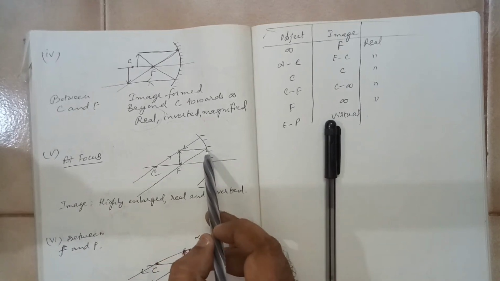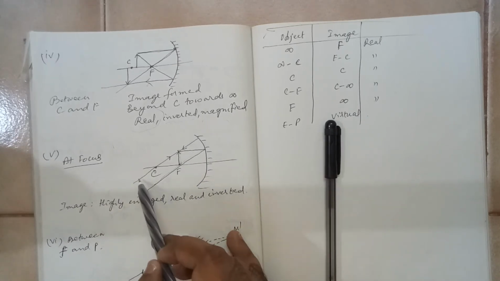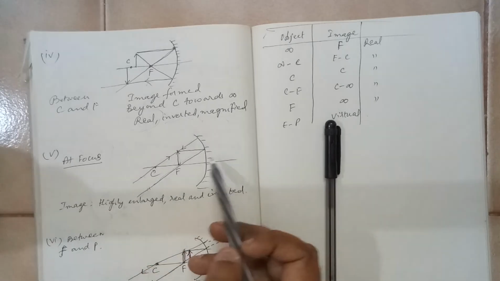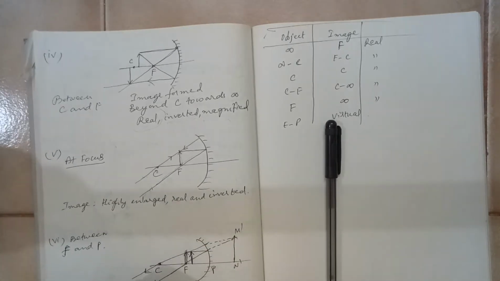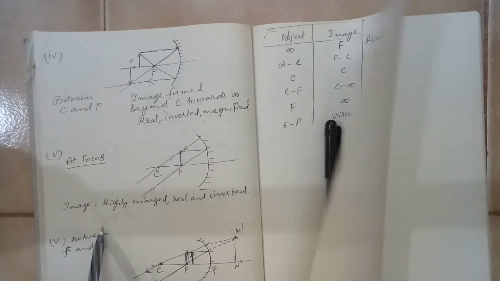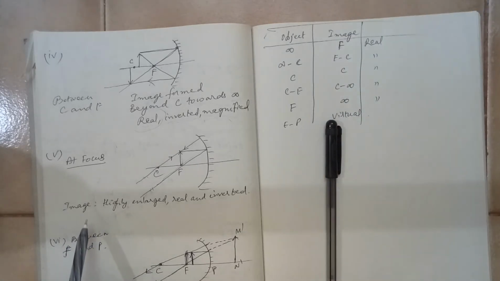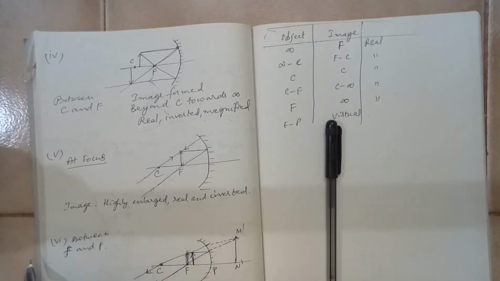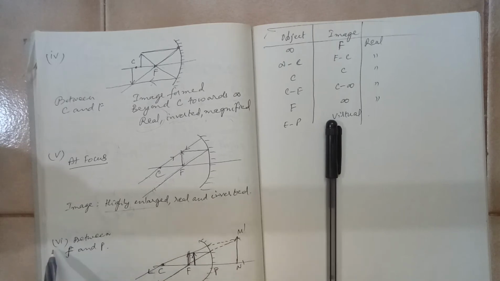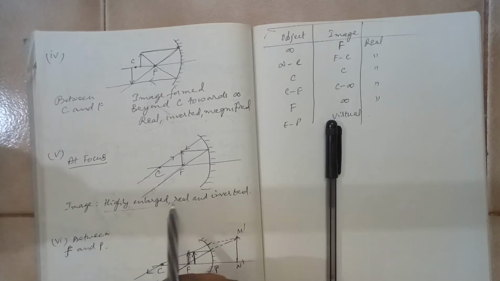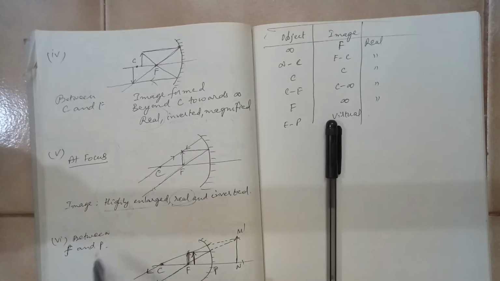So if you take a parallel ray, it will pass through the focus. You can see here these two lines are parallel, and they will not meet. As per assumption, they will meet at some infinite point. So the image will be formed at infinity. It will be highly enlarged, not actually clear. It will be real because it is on the same side of the mirror, and it will be inverted. So you won't be able to see the object properly. But this case you should remember, because often this case is tested. It's a very important case.